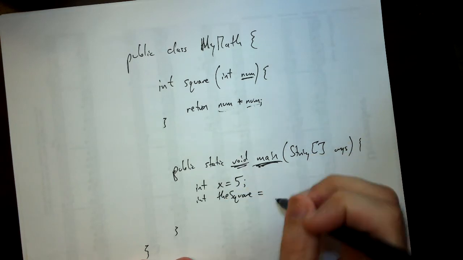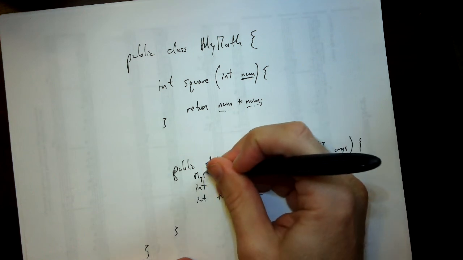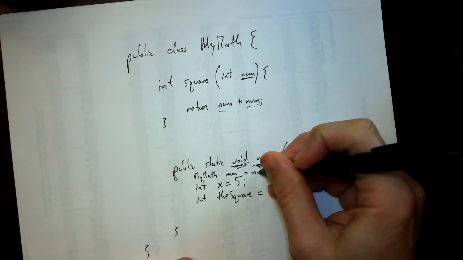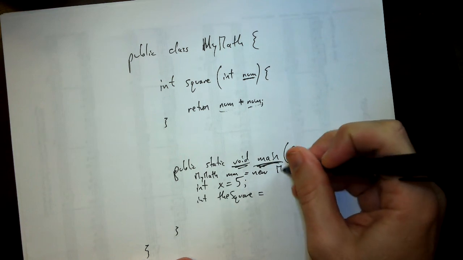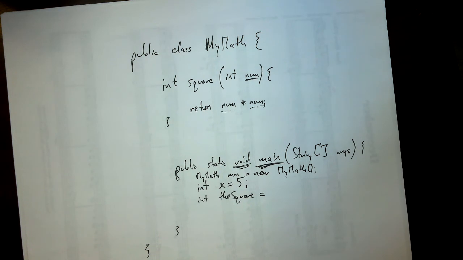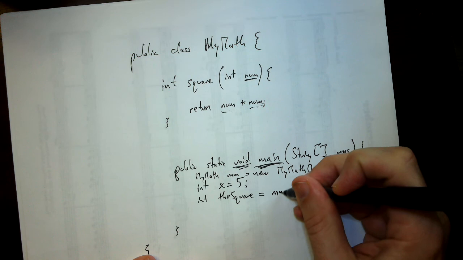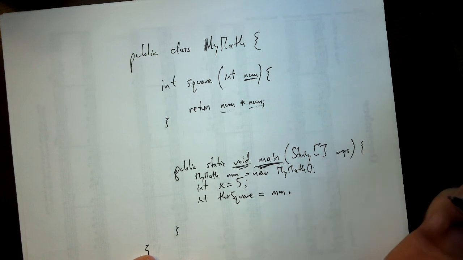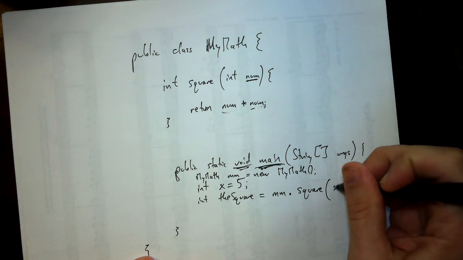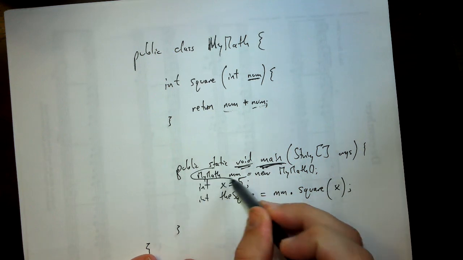Oh, I have to make a math object first. Let's make it up here. So my math equals new my math. So we'll pretend that I wrote a constructor for that. So the square is going to be dot square of x. So I created this object,